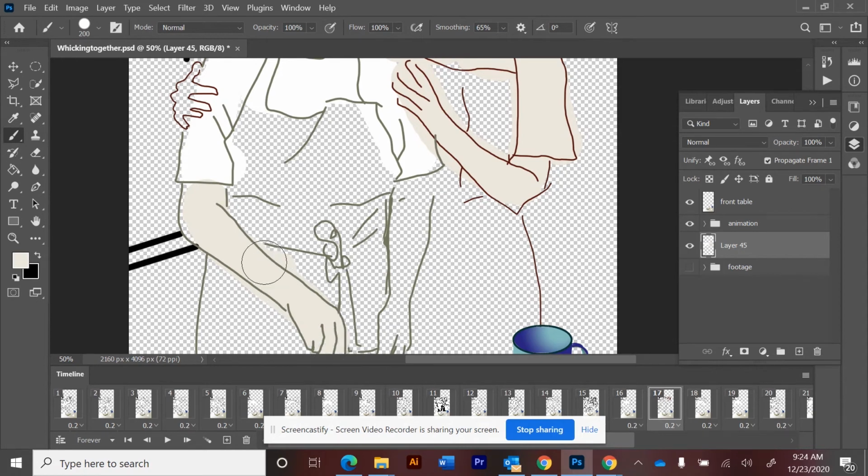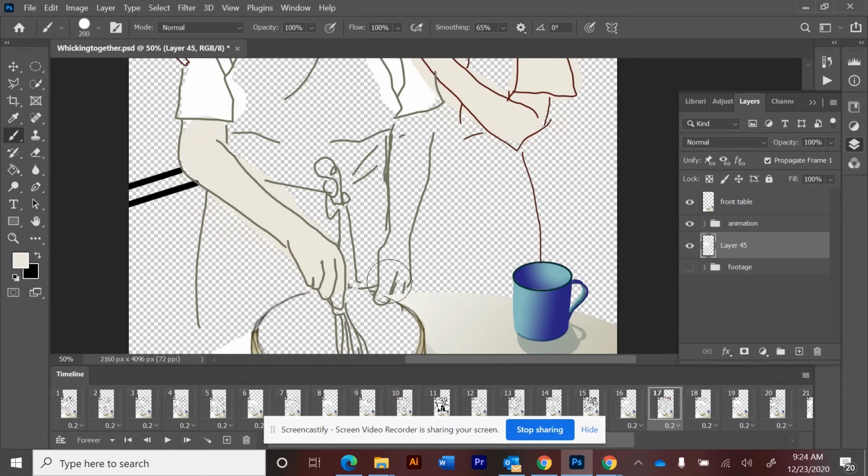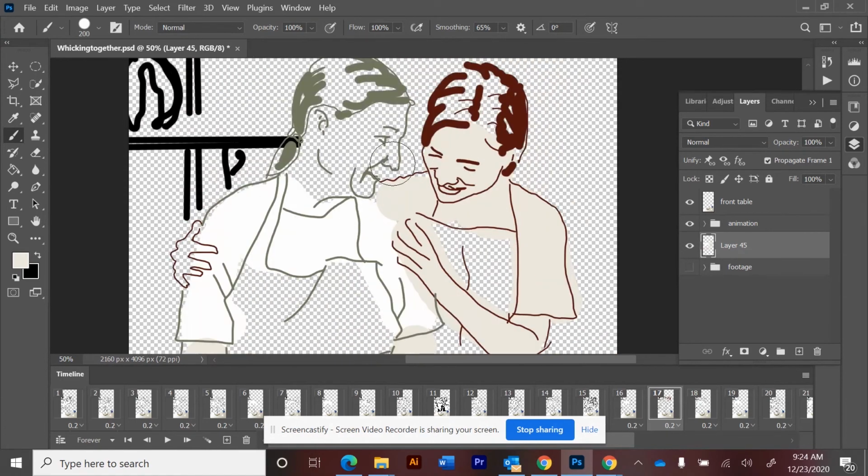It doesn't matter that I'm going over the edge because I'm going to add the clothing on top still. Just like I did there. Oh, it's going to look so much better already. All right, so then let's get